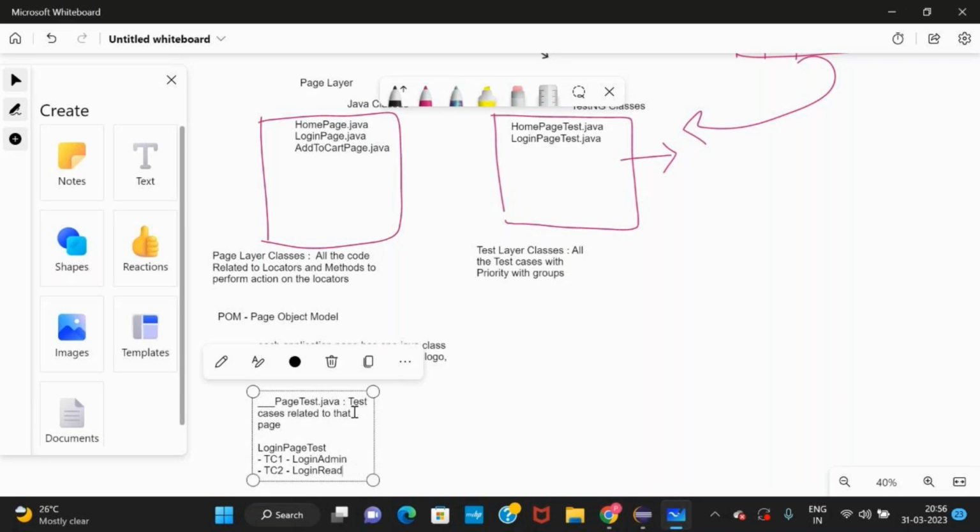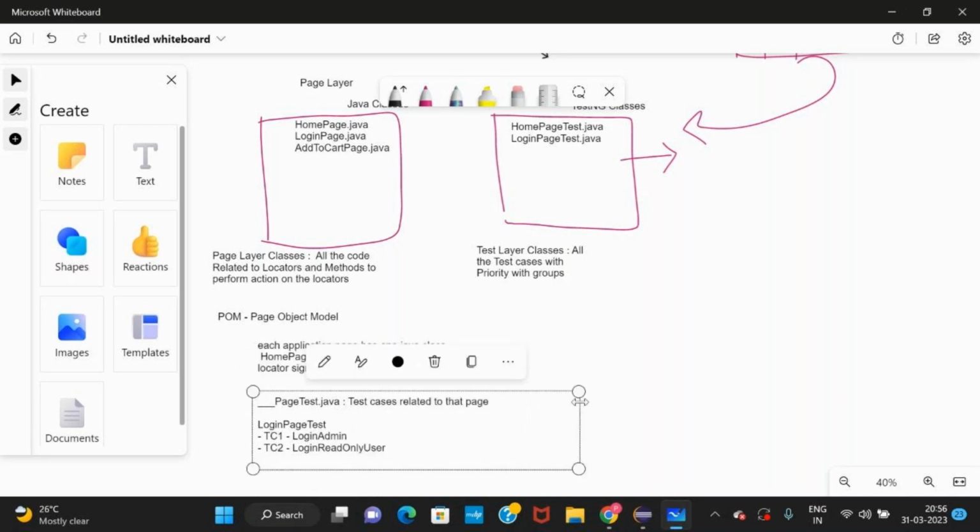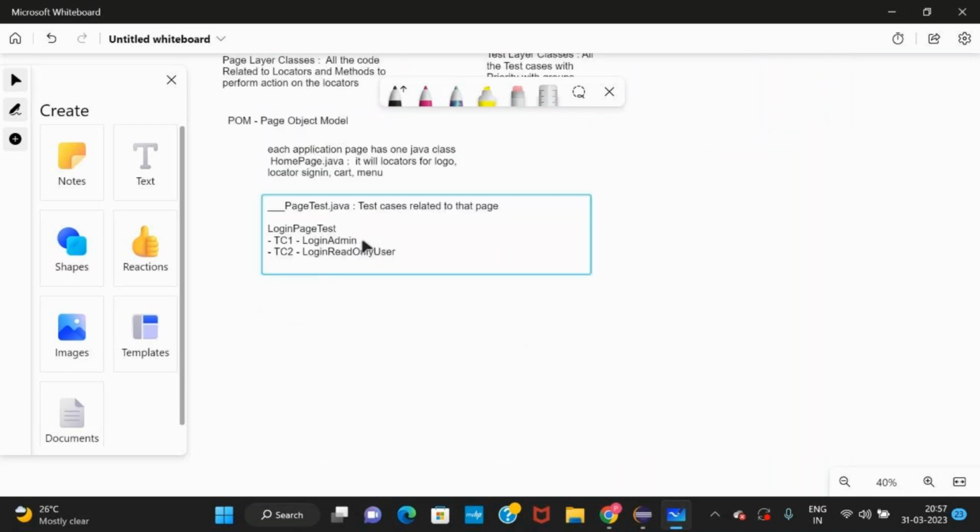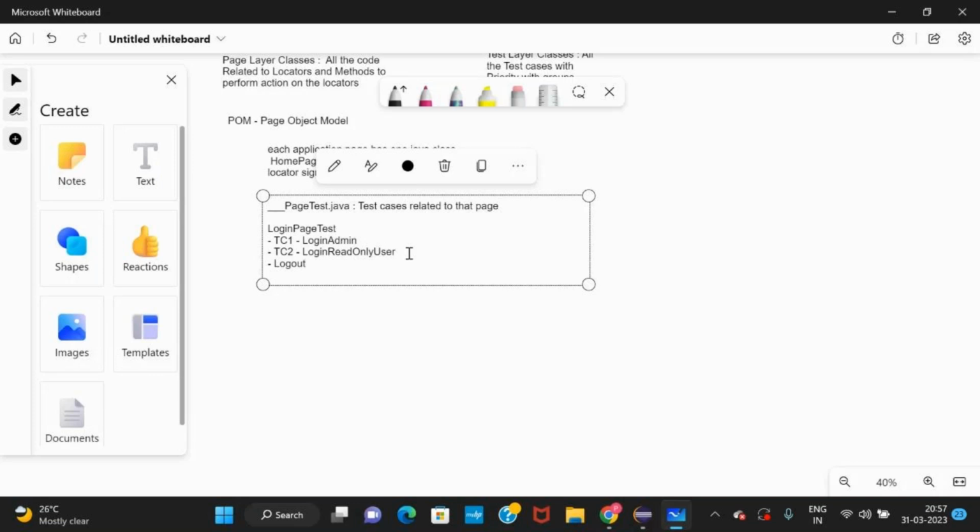We will have methods with these names only. Okay, then what can you have more? Logout also. For logout everything is the same. Any user's logout will be the same. Okay, test case 3 is about logout. Fine, we will take only this example.